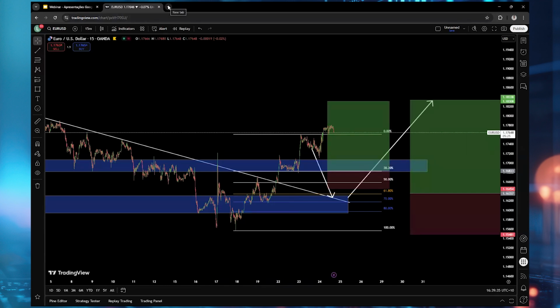Now, another thing is, a lot of people ask me, how can I grab the rate statement? Because it's really important. Always when we get the interest rate, we have the rate statement.